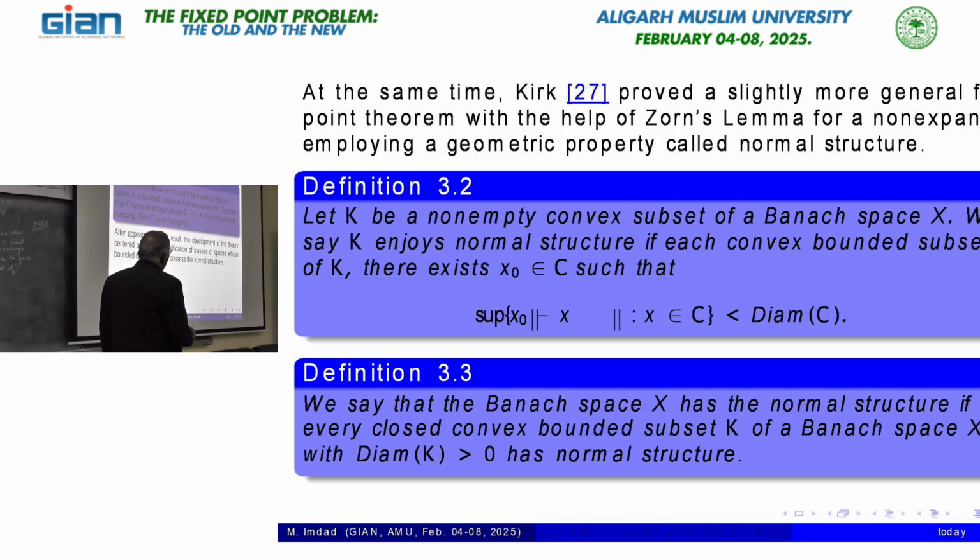What is there? X is a reflexive Banach space equipped with normal structure, meaning every closed bounded convex subset of X has normal structure. Suppose that K has normal structure, and T from K to K is a non-expansive map, then T has a fixed point. These are 3 related papers, all of which came in 1965, and there are many things I have to say, but